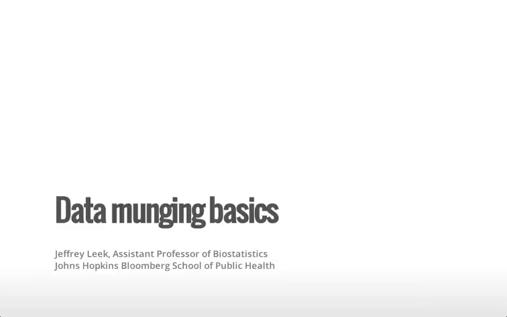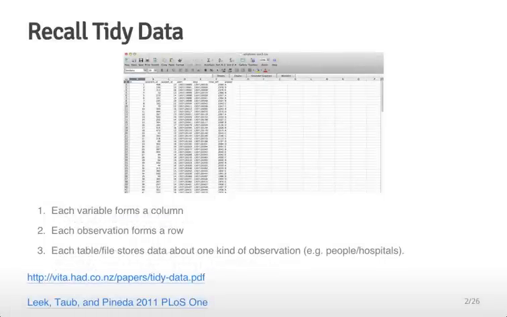This video is about the basics of data munging or processing. Data munging or processing is required for basically every data set that you will have access to. Even when the data are nice and neatly formatted, like you get from open data sources like data.gov, you'll frequently need to do things that make it slightly easier to analyze or make character names slightly better for use in modeling. So the goal is to get to tidy data, where each variable forms a column and each observation forms